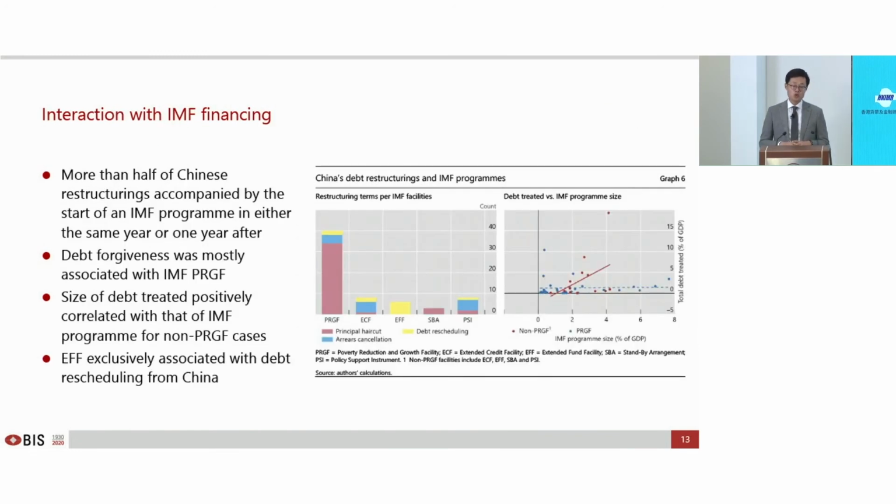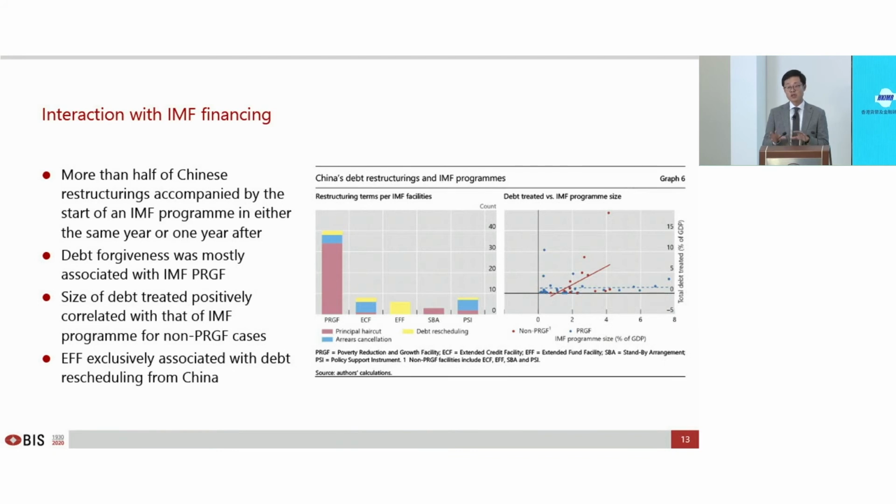To continue, one important aspect is why we care about China's participation. This is because many countries, when they solicit debt restructuring, have approached the IMF for official financing. They are in a very difficult economic situation. If the financing gap cannot be closed with the IMF financing and the national fiscal adjustment, debt restructuring needs to be provided. And in this case, if we think about the relative size between China and the Paris Club, China needs to play a role and provide debt